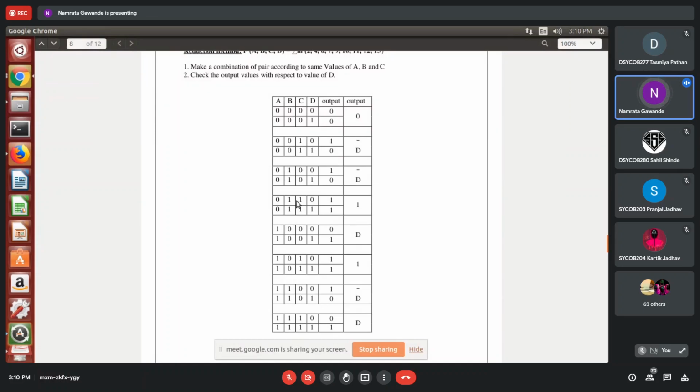Because suppose I have a combination of input 0, 0, 1, 0, I should get the output 1. I am using the IC 8:1 mux, and the output I should get for this is 1. So how can we provide the input?